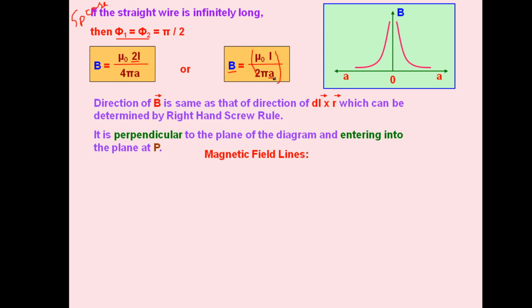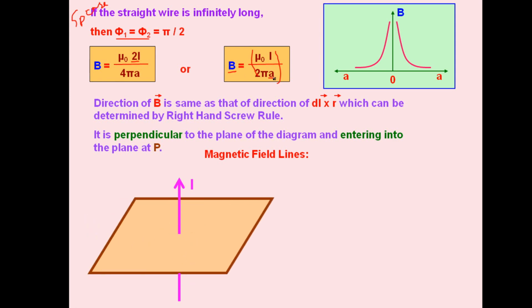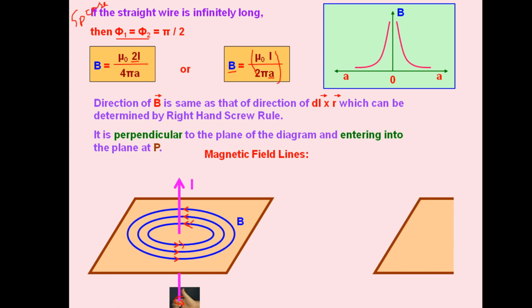And now the magnetic field lines due to a straight wire we can draw in this way. This is the straight wire carrying current on the plane of the paper. Magnetic field lines will be in this direction. See the direction here, we have represented this one and this one. These are similar to the curvature of the fingers. So in this way, we will have multiple directions.